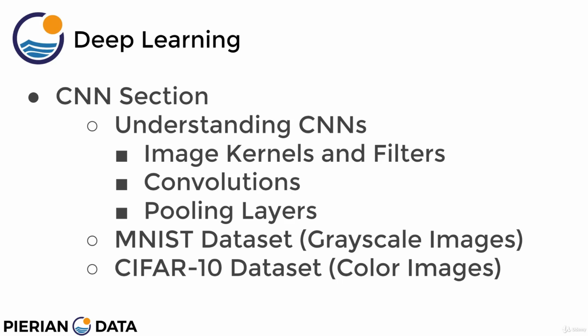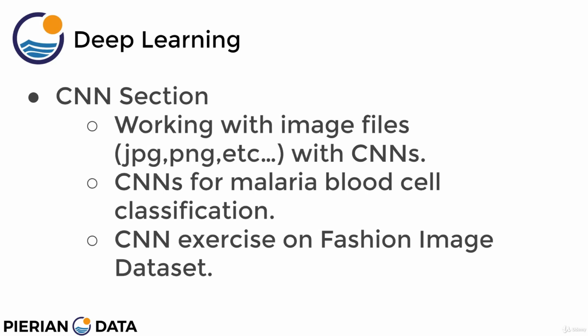Once we understand how to work with those basic datasets, we'll expand to working with real image files, something you'll encounter in the real world, how to deal with JPEG files or PNG files, etc. We'll also be using convolutional neural networks for analyzing things like images for malaria blood cell classification. So we'll have various images, some blood cells will be infected with malaria, others will not, and we'll build a convolutional network that will actually be able to detect, just based off an image, whether or not a blood cell